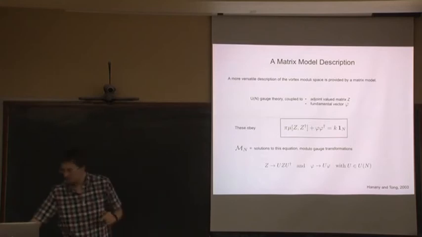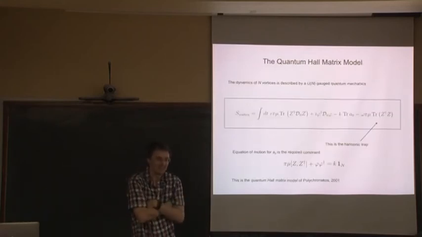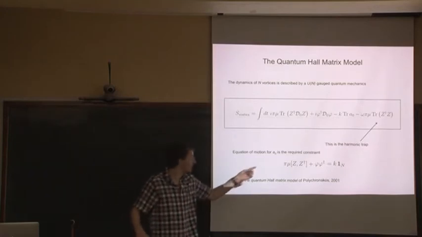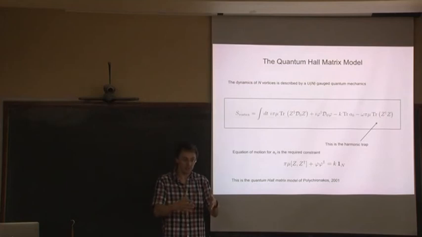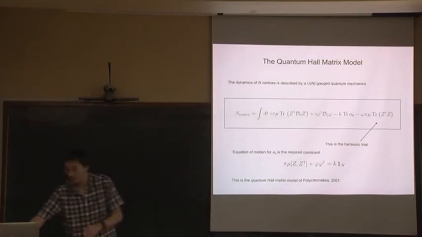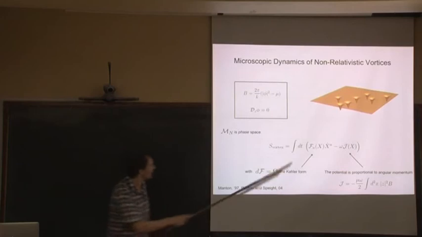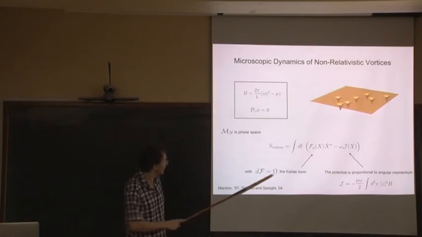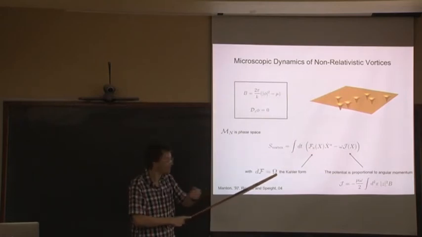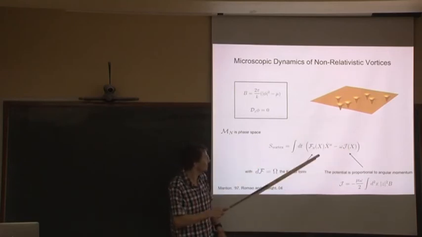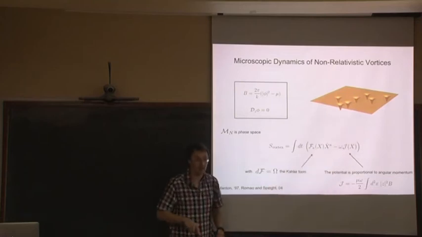Not to turn it into a total string theory talk, but is there a D-brane construction which literally realizes the field theory you started with? Yeah, so that's a good point. What Ami and I really did was use the relativistic field theory and show how the relativistic vortices arise. The reason we could apply it here was that the dynamics of this and this are both related to objects that appear in the relativistic theory. Because this is dF where omega is the Kähler form associated to the relativistic metric, and this is the angular momentum. So I don't know how to cook up a D-brane setup for this, but I can use the results from the D-brane setup to extract what this is.